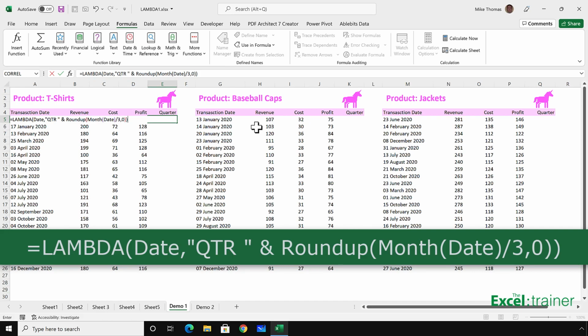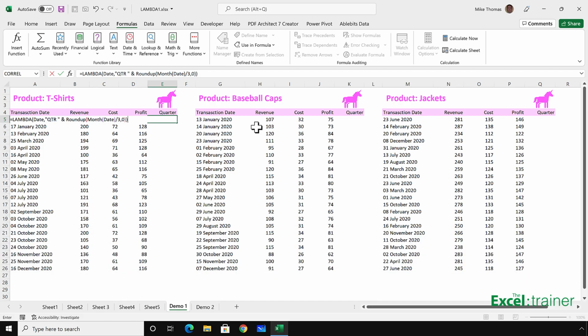Now I'm not going to go into the details of what that's doing, but it's basically calculating which quarter the date is in and adding QTR to the beginning. It gives me calc as the result, as you'd expect. So if I go up to the formula bar and then in brackets type A5, it gives me QTR1. Now I've tested that out and I know it works, I'm going to copy the syntax of the function